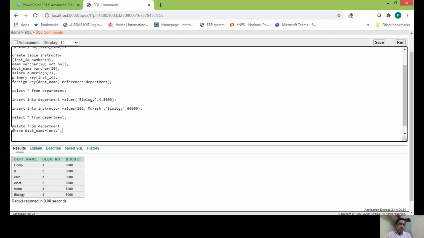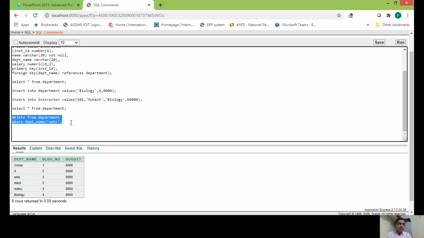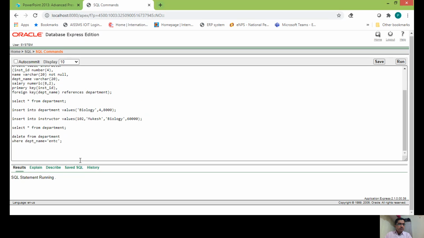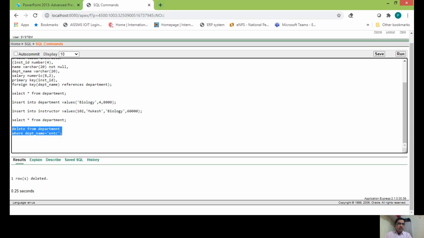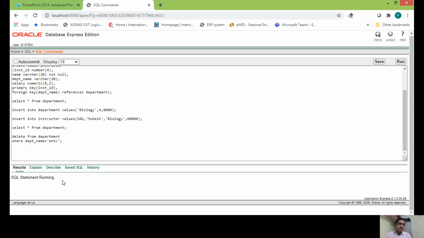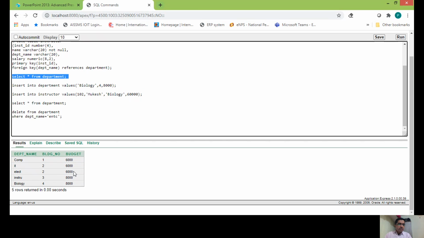So let us fire this command, and then we can see that the record is deleted. One row deleted. Now if you fire this command once again, you will not find the ENTC department because it is deleted. So see, from here the ENTC record, the specific record, has been deleted, right?